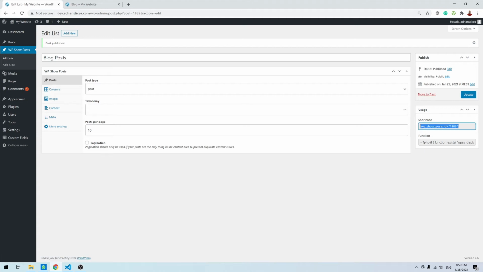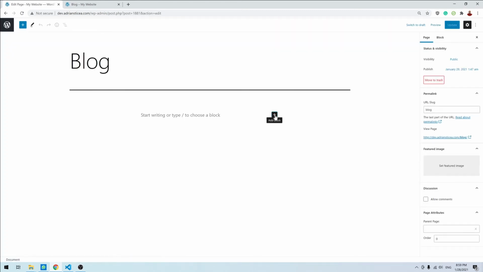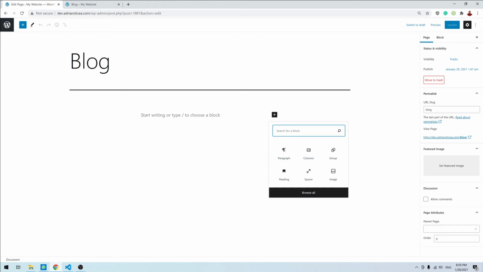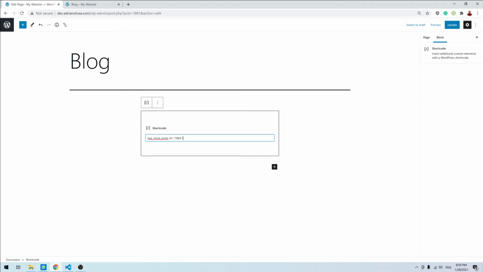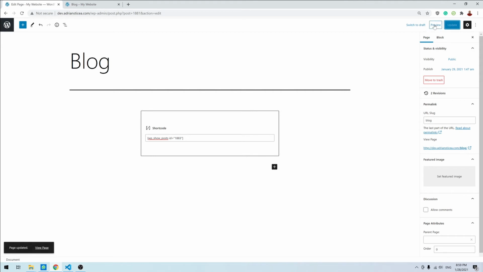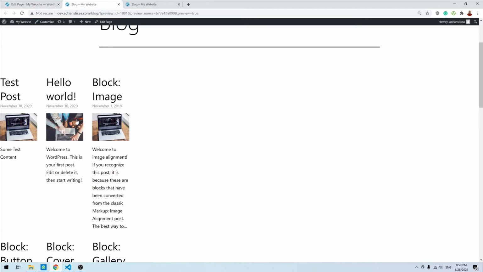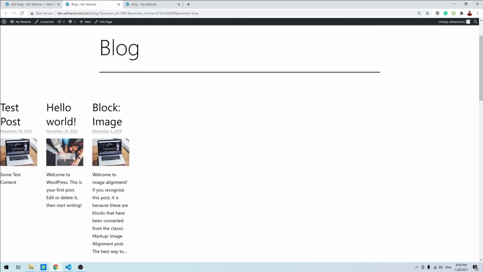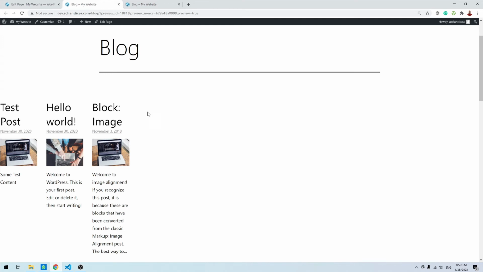Just grab the shortcode that is here, copy, and go under pages and blog page. And here you can add the shortcode and update. And if we go to preview,